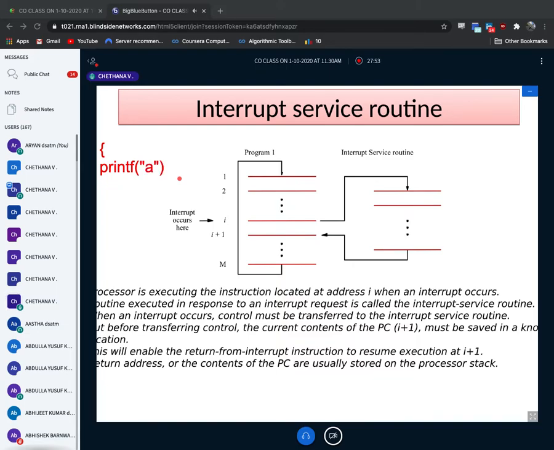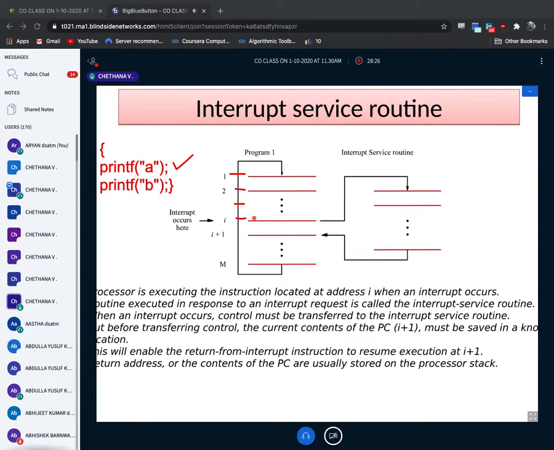In a similar manner, please assume there is one more void main there. Please don't consider it as being without any main. Now the same thing is available here, so just close the brace if you want. The processor is executing the first line. As the first line printf is executed, that is nothing but instruction number 1, instruction number 2, instruction number 3, like that instruction number I. Assume your instruction I, the Ith instruction, is printf A.